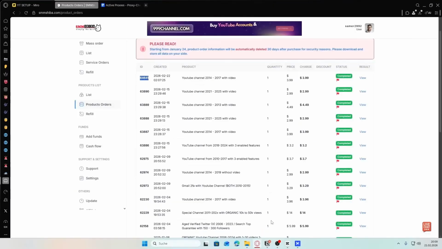Alright, so I'm currently at my dashboard on smmshiba.com, and do not get confused by the website names. SMM Shiba and SMM Dodge are actually the same website. So all you have to do once you've created yourself an account here is to go on list, click on this category icon, select, and here you want to select basically any option that says YouTube with video. So I'm going to choose this one right here, and this should be already fine. 2014, 2017, yeah. Now I'm going to click on buy, confirm,